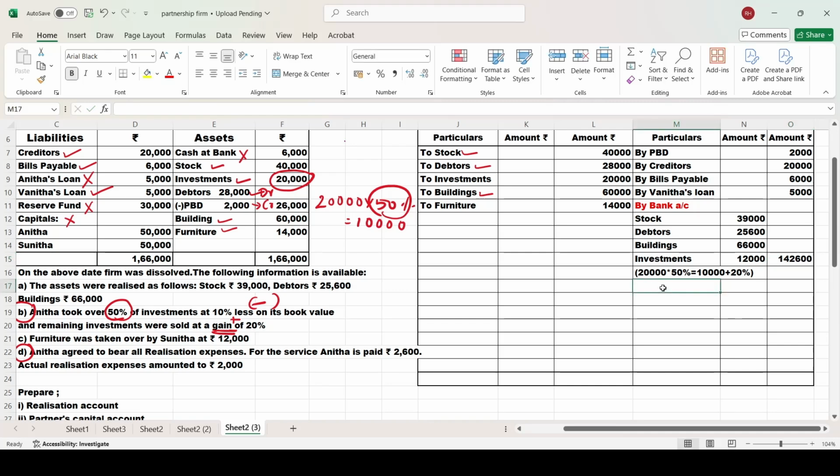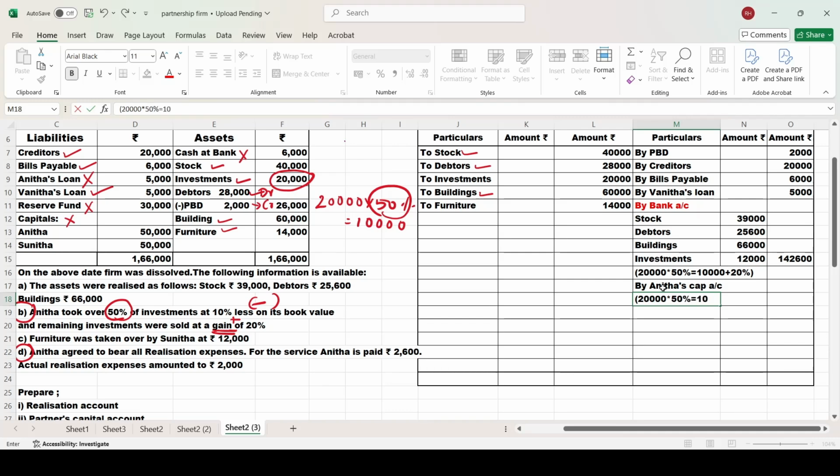Now come below this. So we have Anita's took over investment 50%. Furniture was taken over by Sunita. We'll record both the things by Anita's capital account. See, I have told you, 50% was taken over by Anita. That is again 20,000 into 50%